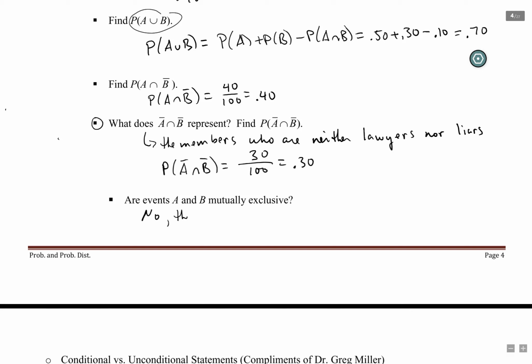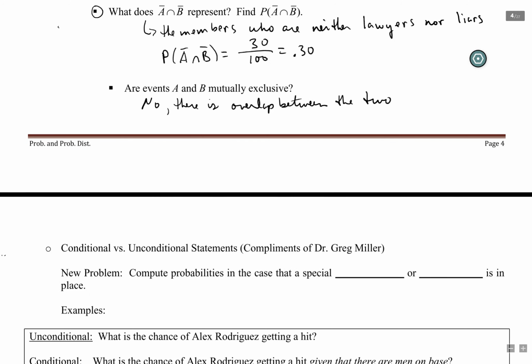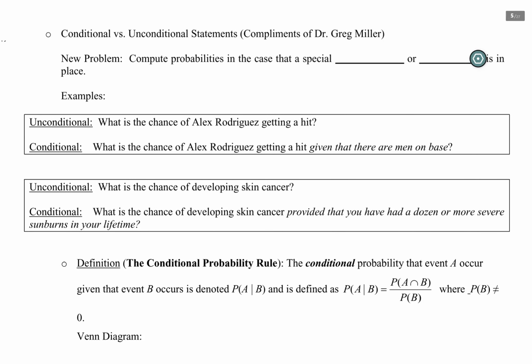No, there is overlap between the two. Okay, all right, so that wraps up that example. Moving along, a new idea